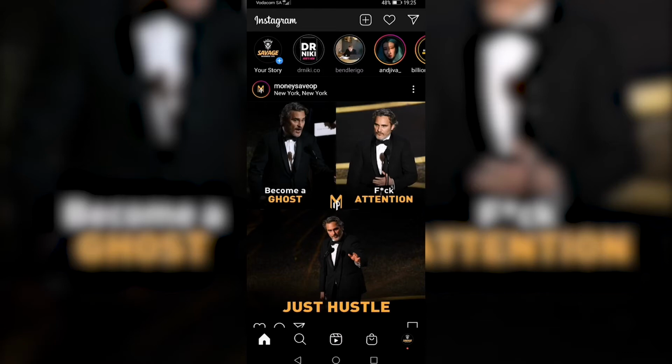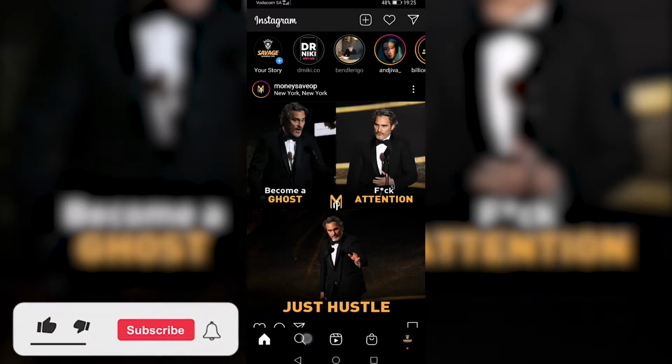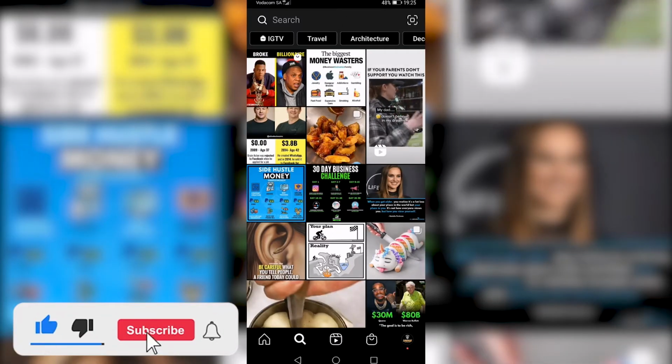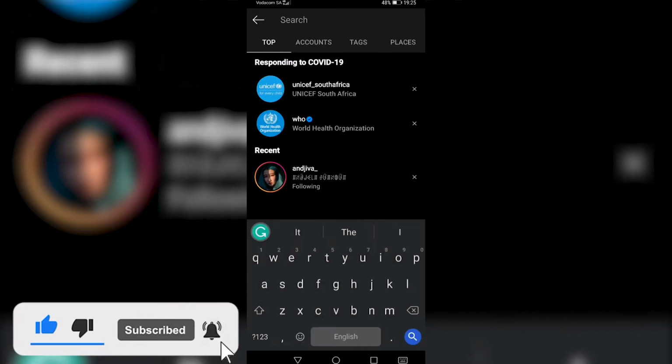In this video, I'm going to be showing you how you can do the flash warning trend on Instagram. Okay, so what you need to do to be able to do this is tap on the magnifying glass next to the home button there on the left hand side at the bottom. Tap on that, and once you're on the discover tab, you want to go ahead and search for a specific